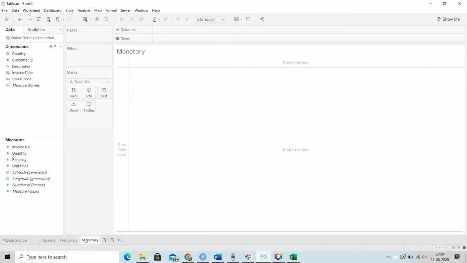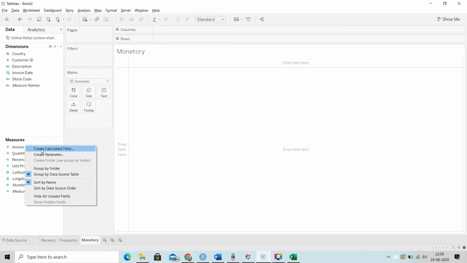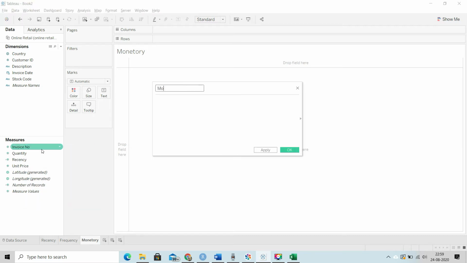And now we'll find monetary. That's the total sum, the total revenue the customer has created. So again, based on customer. How are we going to do that? We are going to do that by multiplying unit price with the quantity. So we are creating a new variable here.